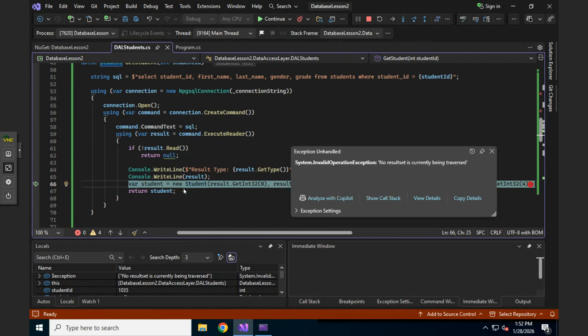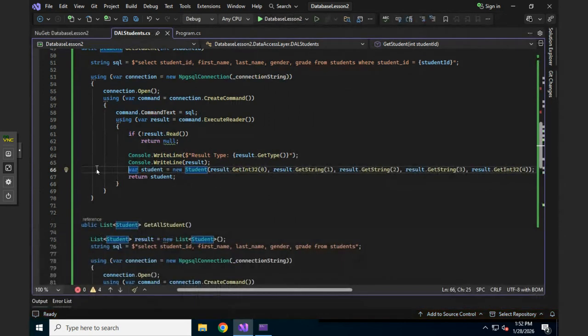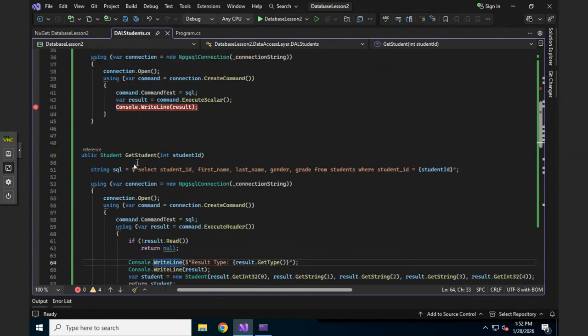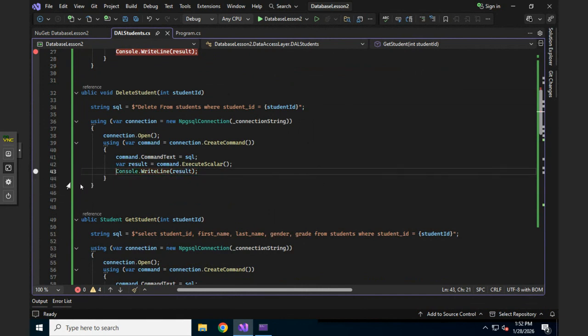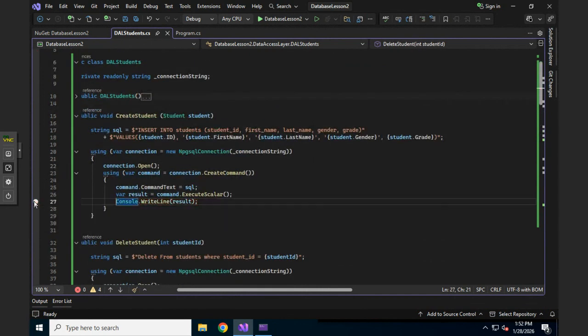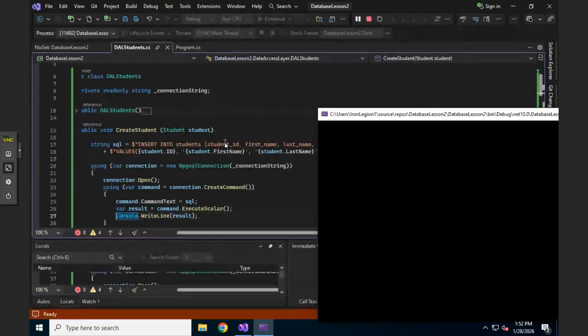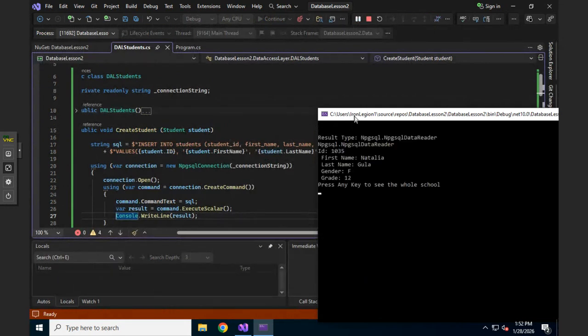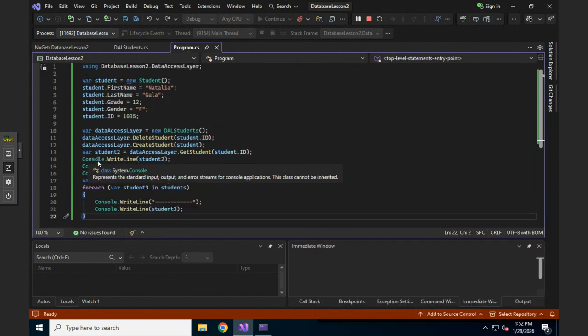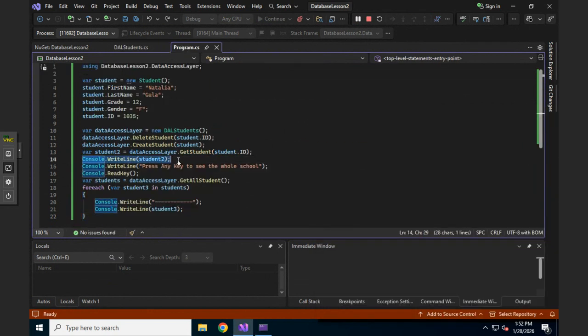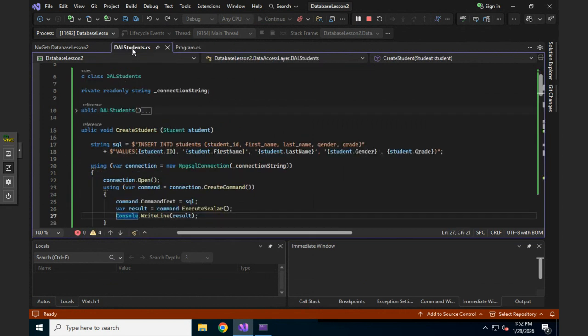I might have messed it up a little bit. I think with all the stopping, it probably closed. Let's remove the breakpoint and rerun the program. Do I have these other breakpoints in play? Yeah, we don't need these anymore. Remember, it's two separate pieces of software, so it's not going to hang on forever. Okay, so there. It saw Natalia, and then over here in Program, I told it to WriteLine student 2,